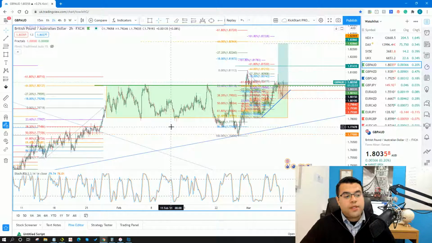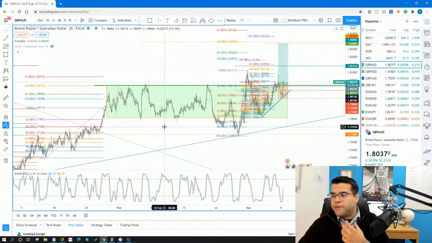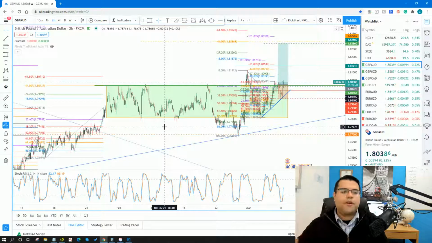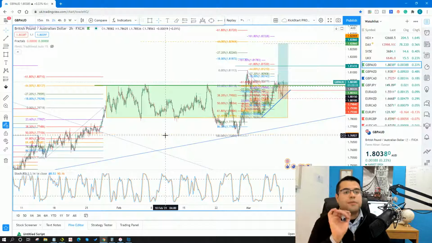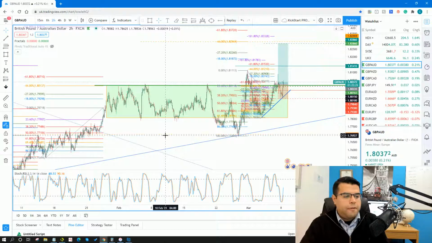It broke to the south, and if you notice, it came back. It gave us not only a 38.2, which I teach you the market often will do when we have less than that. It actually came back even further and gave us a 50, which is traditionally the most reliable level, if you like. And so it came back to the 50.